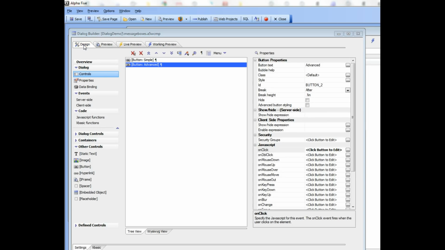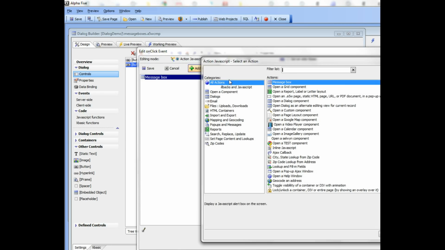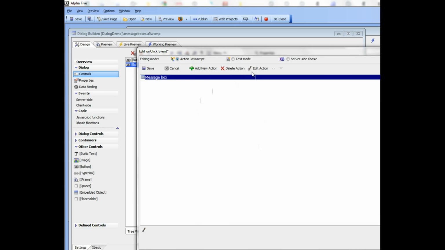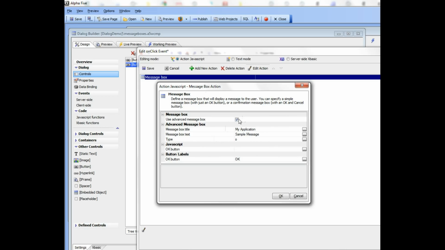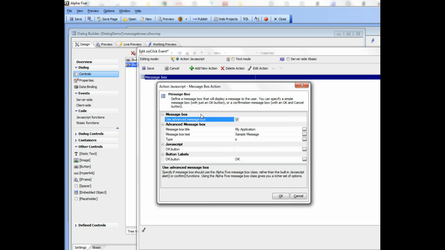So we'll go back now to design mode, and I'm going to bring up my builder. So this is the built-in action called message box, and I'm going to look at what I've done over here. I've checked this option called use advanced message box. If I uncheck it I get to see the original message box, but now I'm using an advanced message